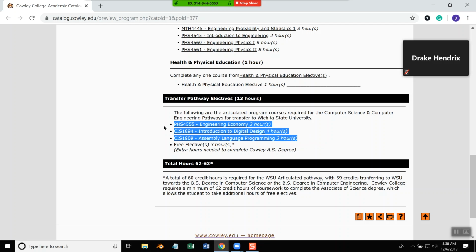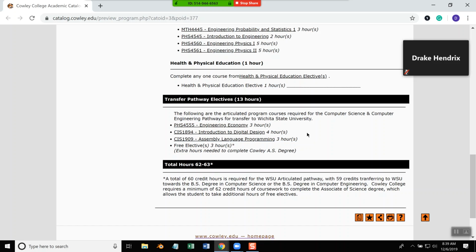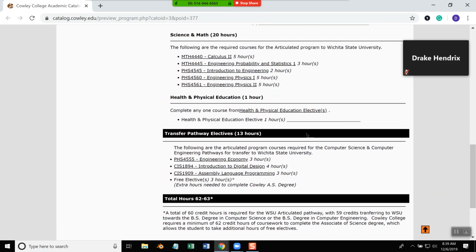It's interesting. You see down here the introduction to digital design, assembly language programming. They also have this engineering economy course. You might say, why do I have to take an engineering class if I'm going to major in computer science? Well, again, they merged with the electrical engineering department,